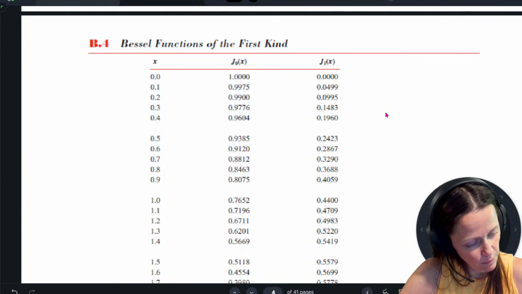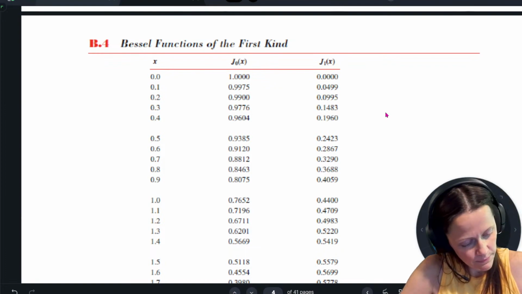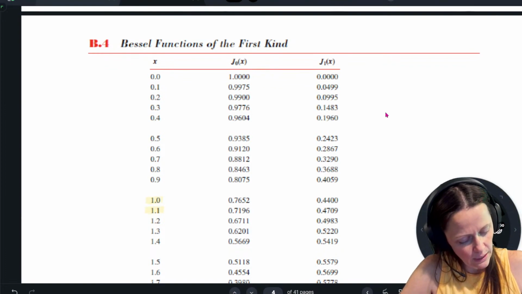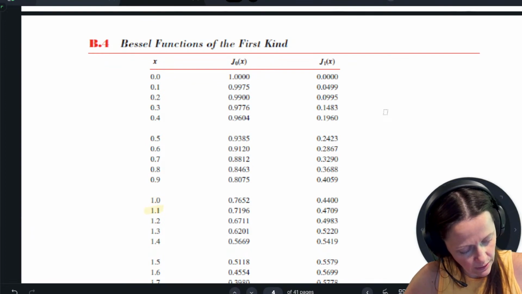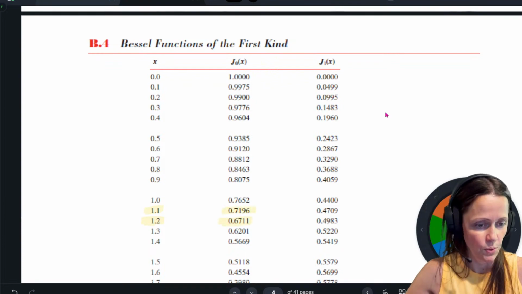All right, so table B4, so we're inputting 1.184. It's going to be between this guy and this guy. So I end up getting